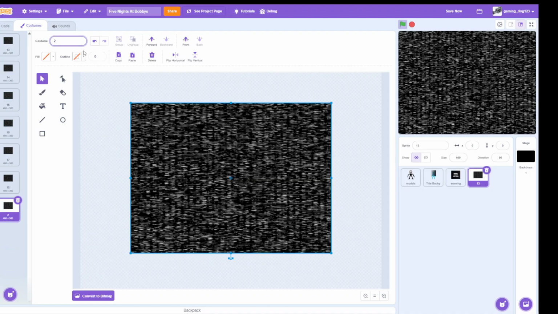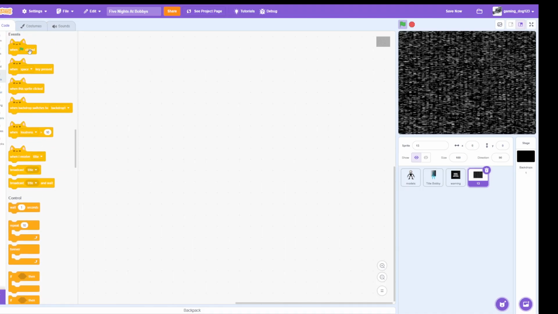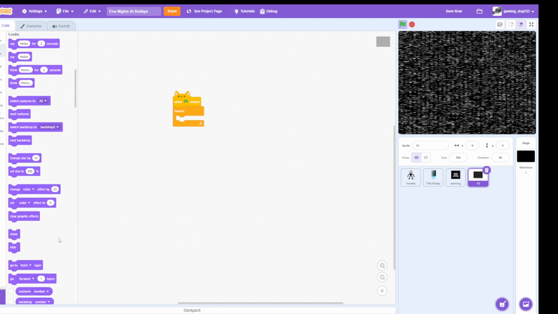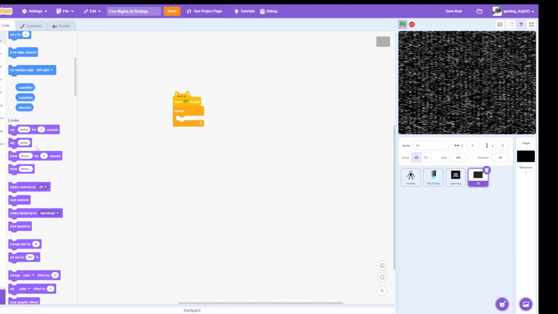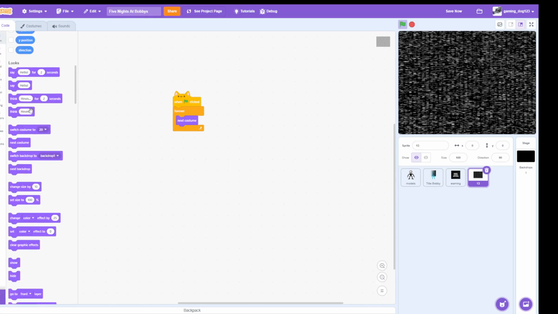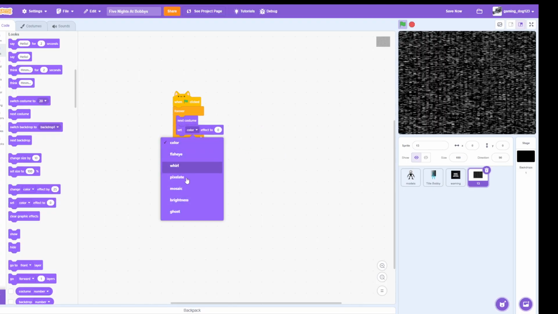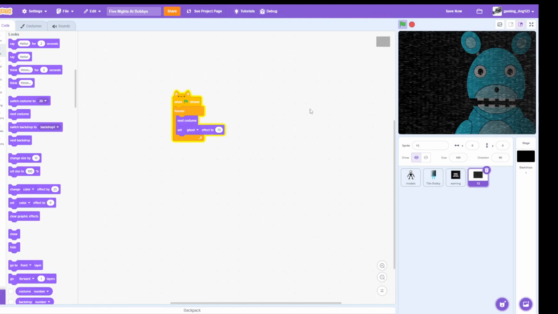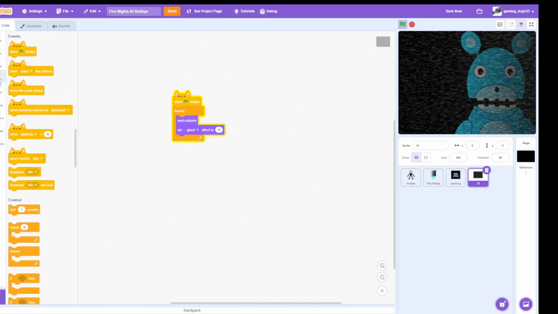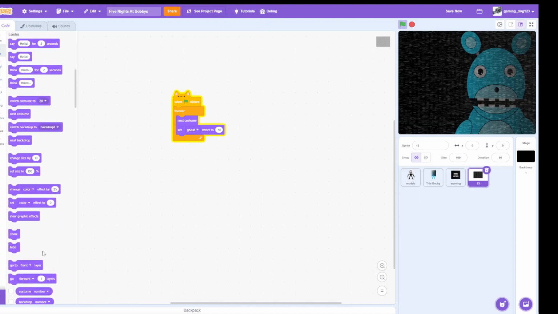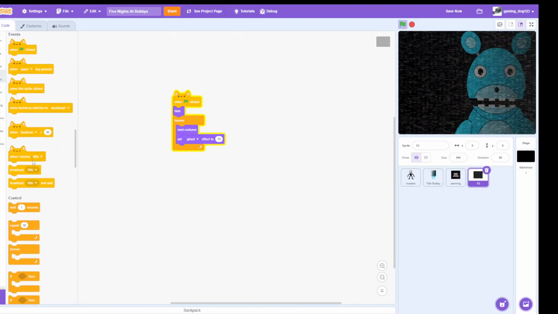Yeah, this is 20. Bam. So now you're just gonna go one flag clicked, just forever, next costume. And you're gonna wanna go to looks again, and get yourself set ghost effect. Set your ghost effect to 70, and now you have some static. If you want to, do hide on the green flag clicked, and when I receive title,